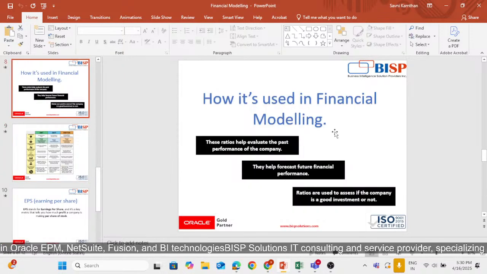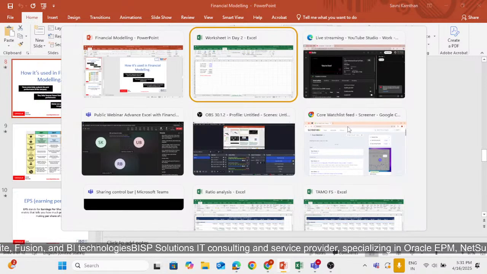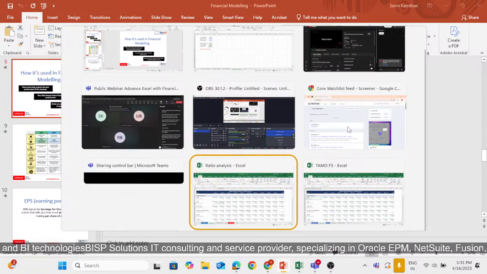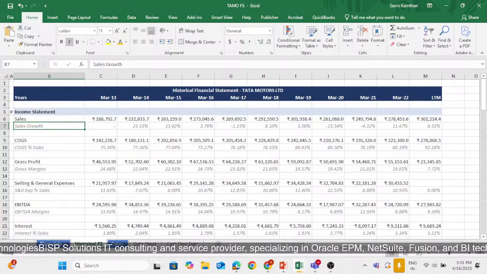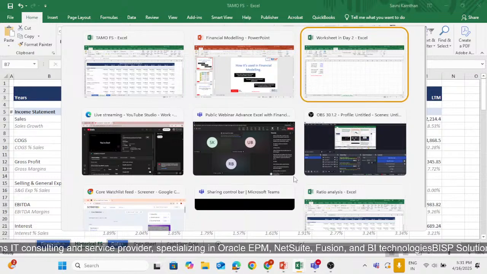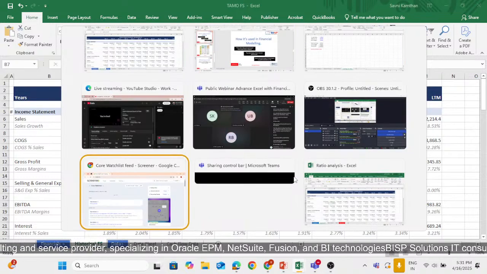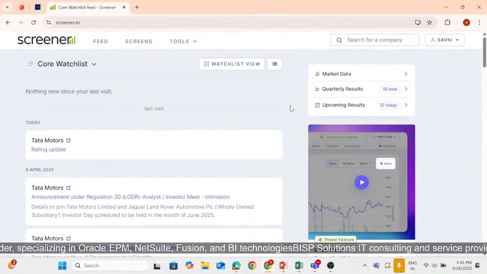first of all, we will be understanding how to make a financial statement in financial modeling. So I have taken here the Tata Motors financial statement, but if you all want to download Excel or quarterly data or any data, apart from hypothetical data, if we want to go deeper into companies'